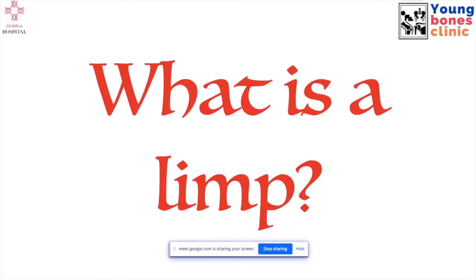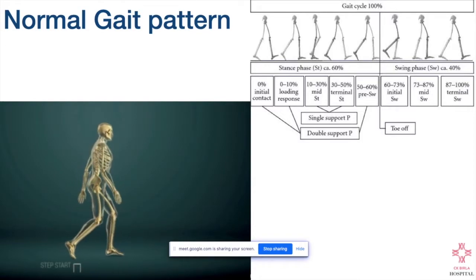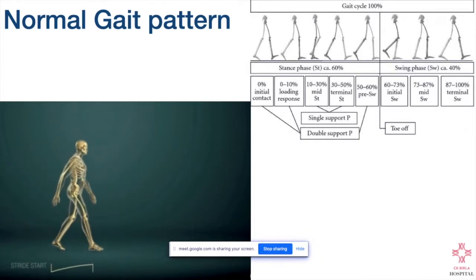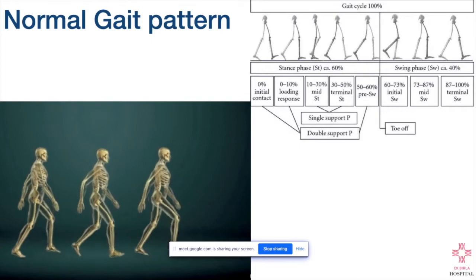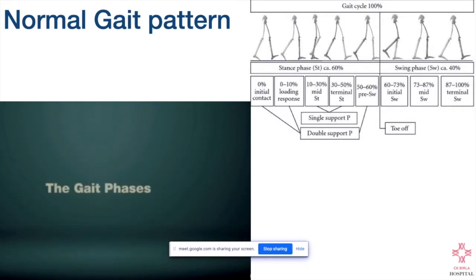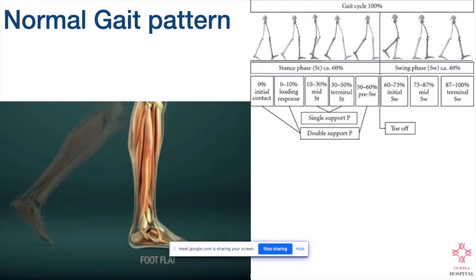Now, what is a limp? Before we answer this question, we should know what a normal gait pattern is. Any alteration from the normal gait pattern is a limp, right? A basic adult gait cycle is divided into two parts: the stance phase and the swing phase. The stance phase is when we load our feet on the ground, and the swing phase is when the foot is in the air. The stance phase, which comprises 60% of the cycle, starts with a heel strike